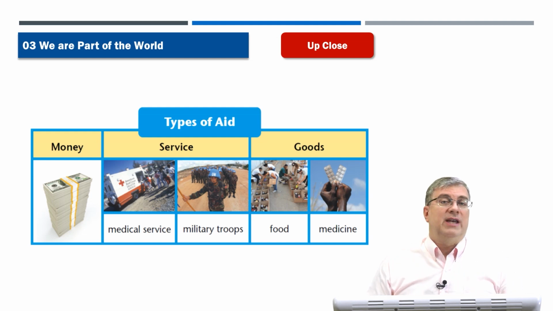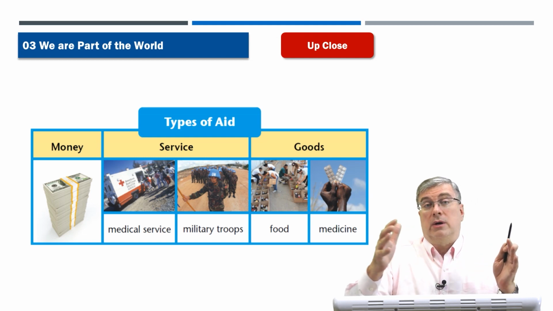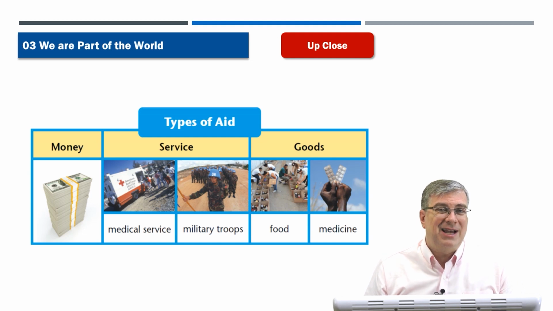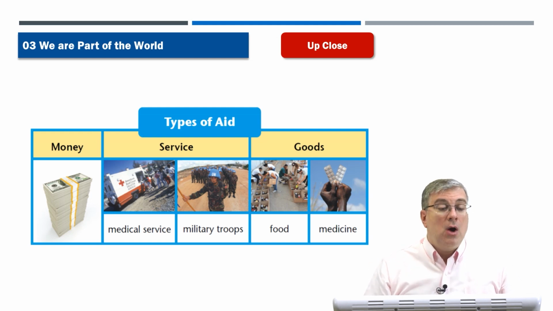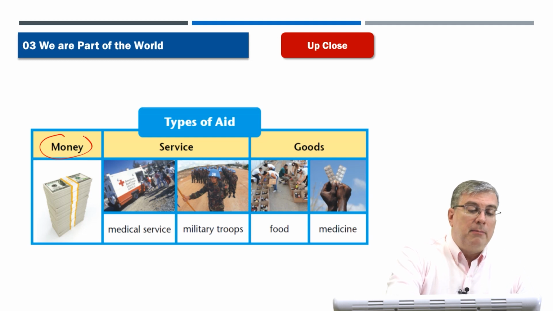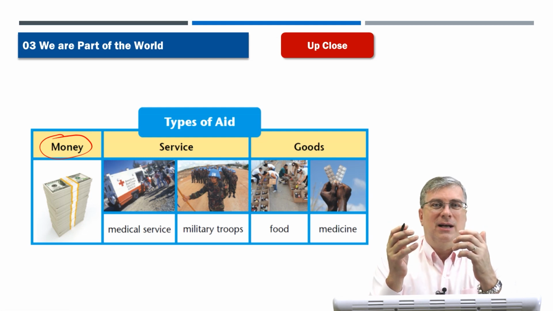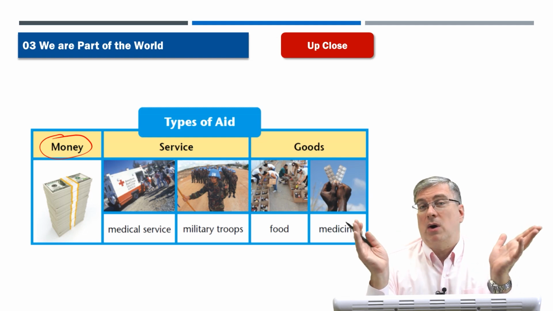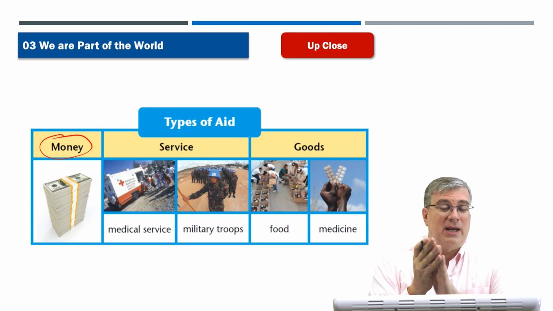Now, of course, if we all live in the same community, it's important to help each other, whether our community is small or whether our community is larger or our community is global, right? So what are different types of aid? And remember, aid means help. Well, if you want to help somebody, you can help them in different ways. One way, you could send them money. Money, of course, is very useful because you don't need to transport it. You can send it electronically, and it can be used in every part of the world to purchase things that are needed, like food, medicine, shelter, things like that.